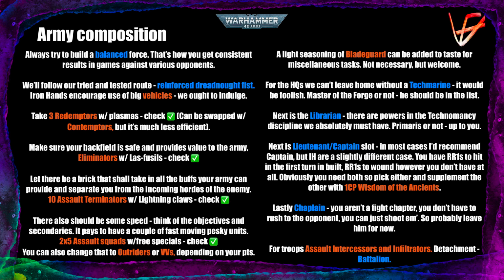And next is the Lieutenant Captain choice. Obviously, as I've mentioned already, you have a problem with HQ slots, so you probably need to choose one of them. You cannot really fit both, and in most cases I would recommend a Captain. But in the case of Iron Hands, where in the first turn they reroll hits of 1 automatically, I would probably go for the Lieutenant, because you should most likely have the rerolls of 1 to hit all game from the Wisdom of the Ancients, which you would already be using because you want those rerolls of 1 to wound, and now